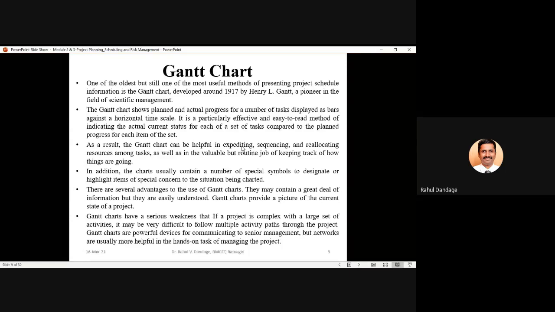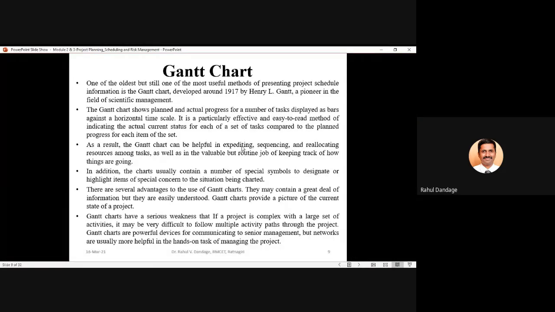If you have completed the activity in less duration as compared to the plan, you can show it by a different color, that the activity has been completed within 80% of the time or 70% of the time which was planned. And sometimes you may need excess time for completion of an activity. Then your actual bar will exceed the time mentioned in the planned bar.